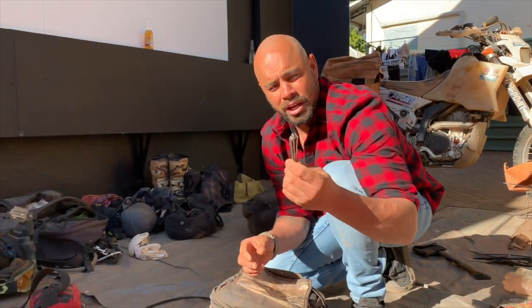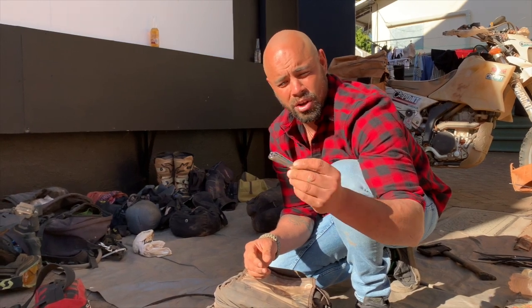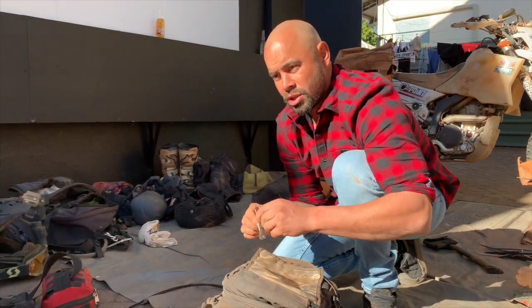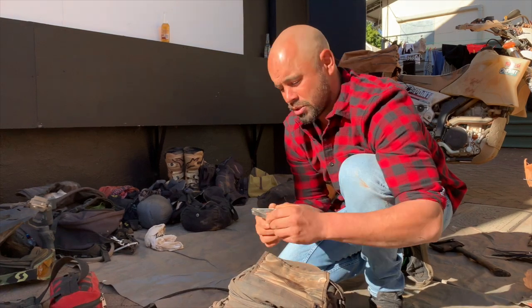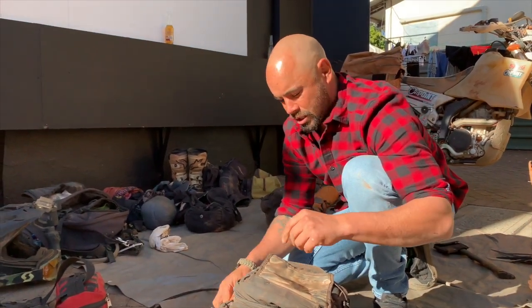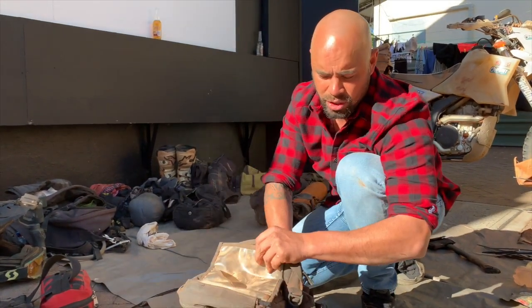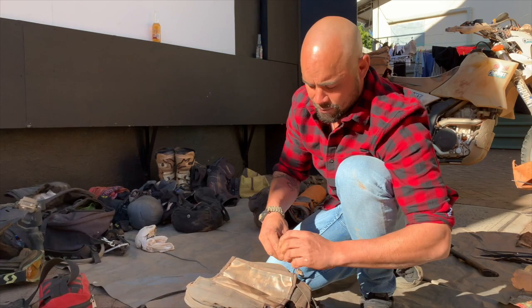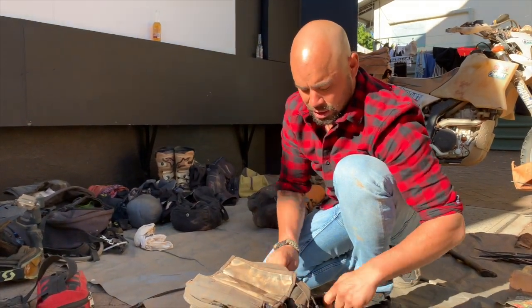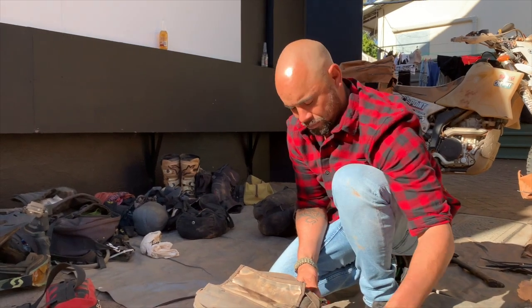I took a set of nail cutters with me, just because I don't like having long nails and I don't like chewing my nails either. And I actually use those to cut the tails off my cable ties. So that was like a luxury item for me to take. What else have I got? Also on the top of my tank bag, I just had a digital tire pressure gauge, sorry,